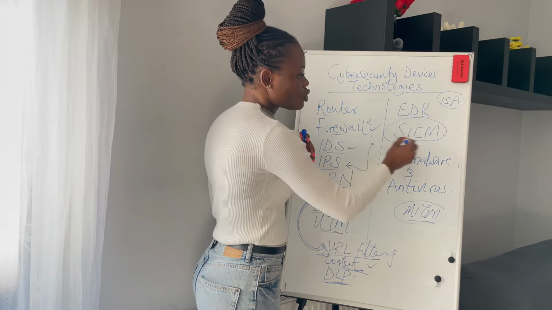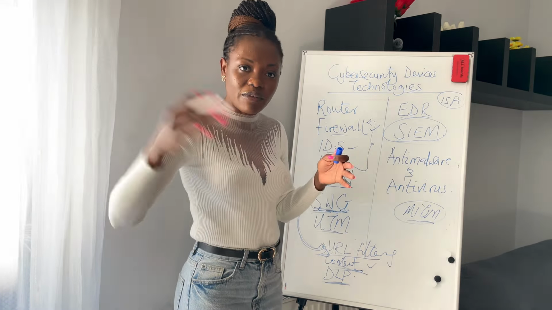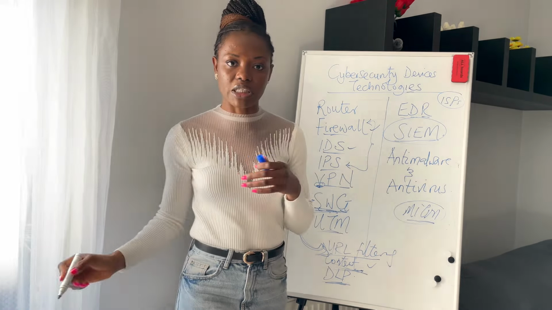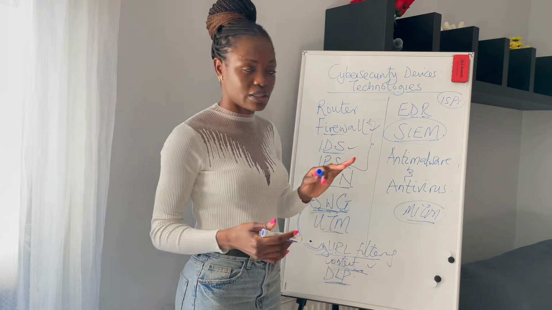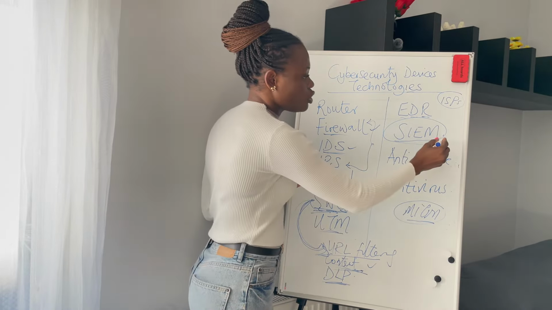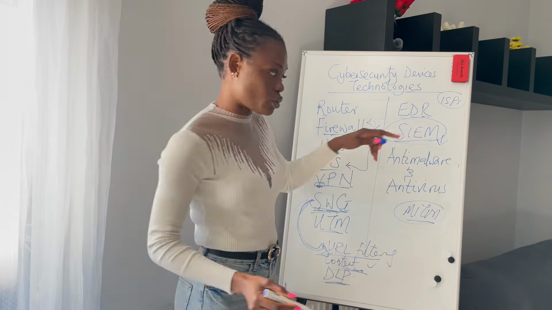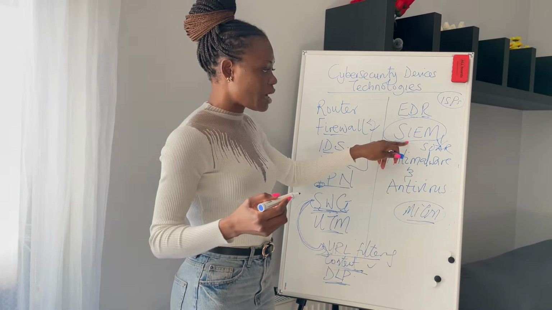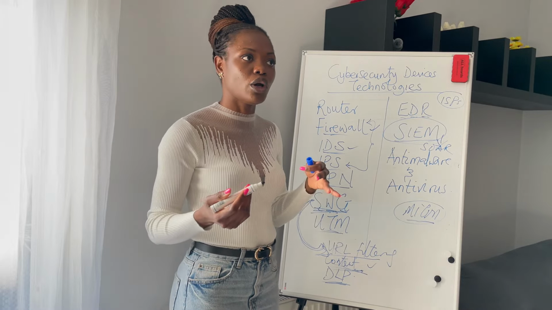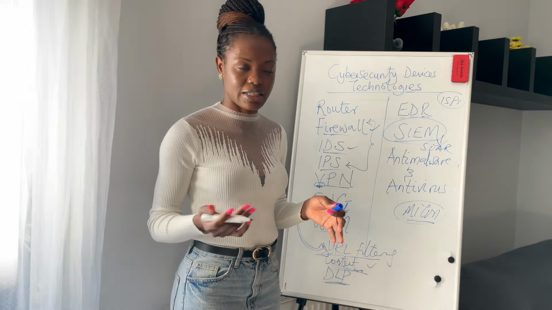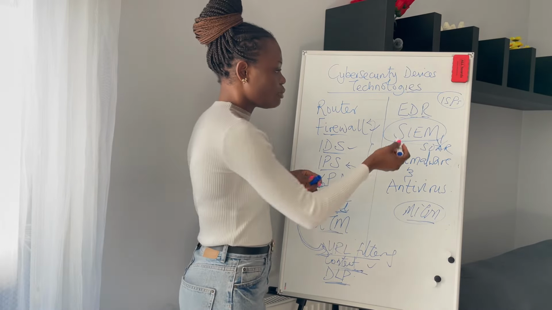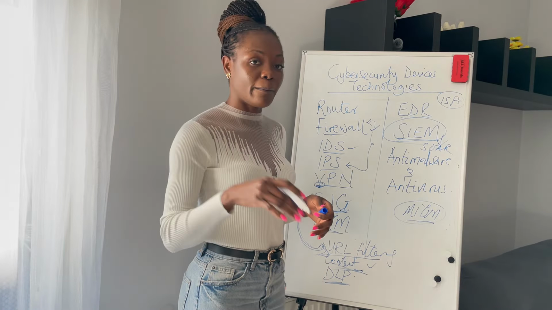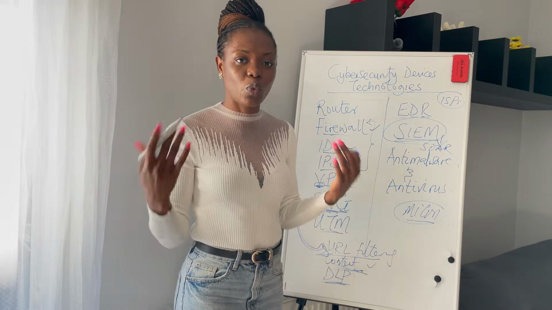And that's what SIEM usually collects. It collects event sources from different places. It can collect some things happening over the firewall, some things from the IDS, it just collects logs. That's usually what it is. And eventually some companies move from having only SIEM to having SOAR too. When SIEM is collecting that data, if there is a preset value, say for example, if something goes beyond 5, I'm just using an example, there should be an alert. So SIEM would produce an alert that something is going on, and then the security team will look into it. But because there are a lot of logs coming in and it could wear out the security team,